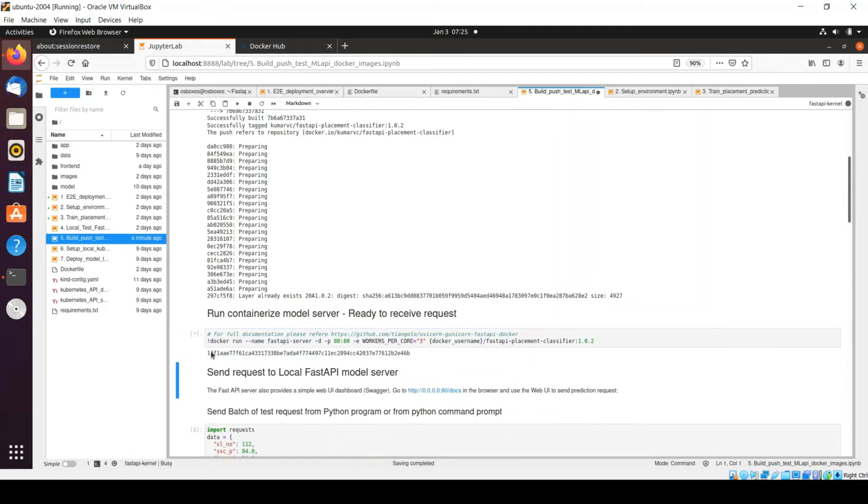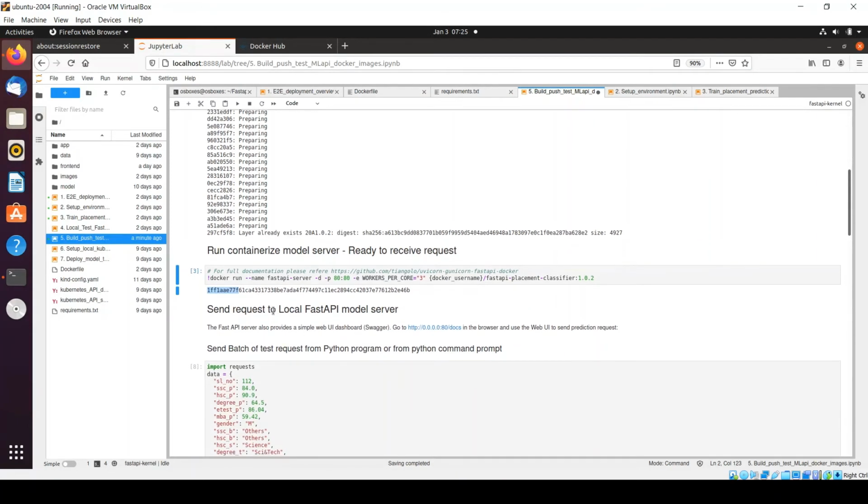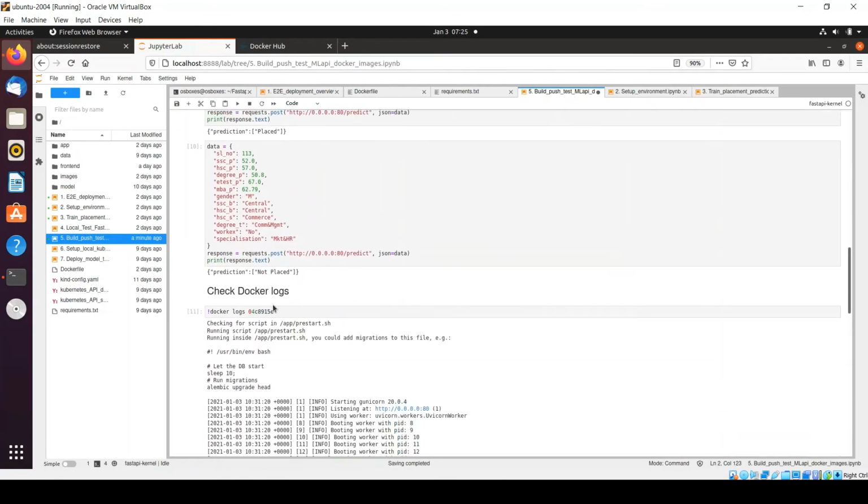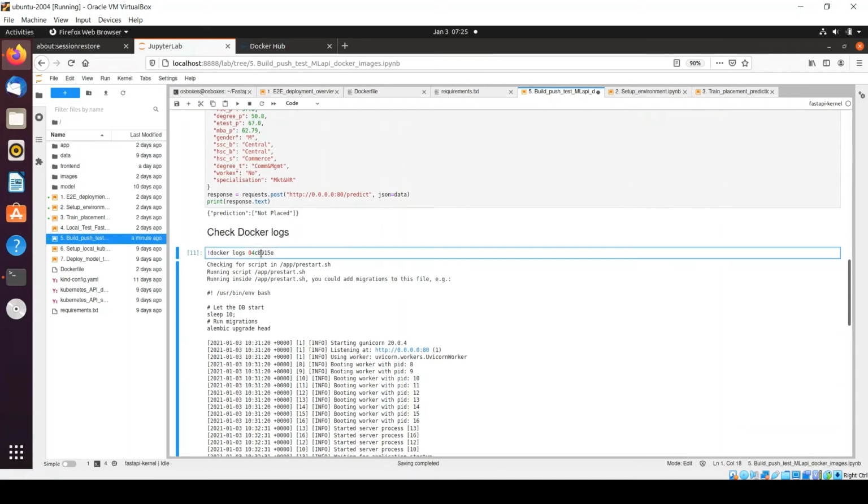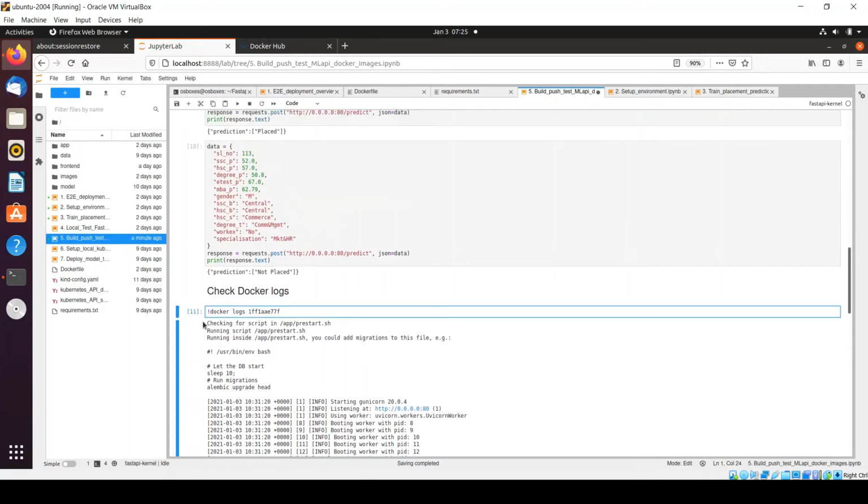You can see that it has given this number. Just copy the initial 4 to 5 or 6 characters. And now we'll try to see the logs, right? In order to check what is running within my Docker container, you need to run the command docker logs and the name of the container.